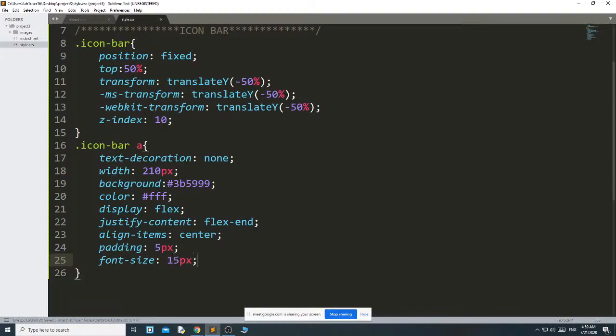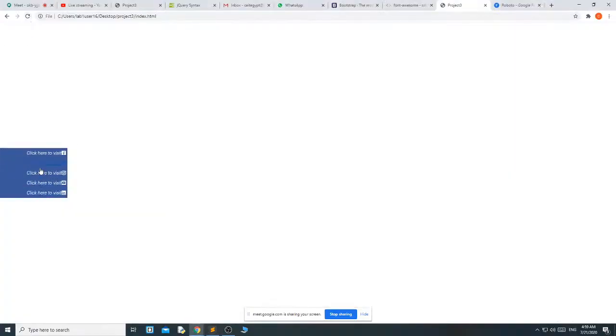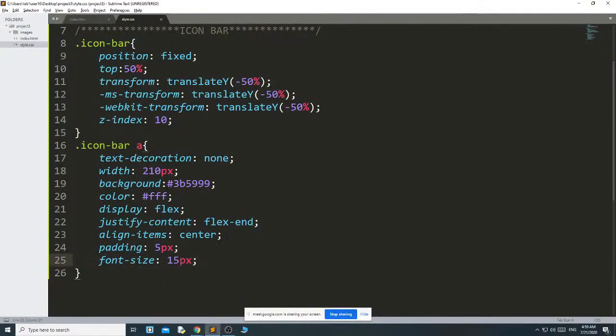You can also use rem. You see, it looks like this. Then I want to give an animation effect on this, but now I am not giving anything.